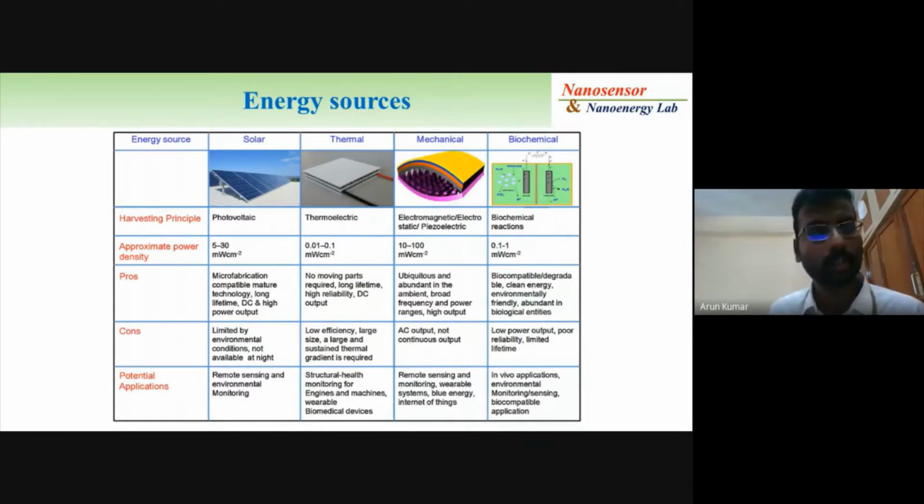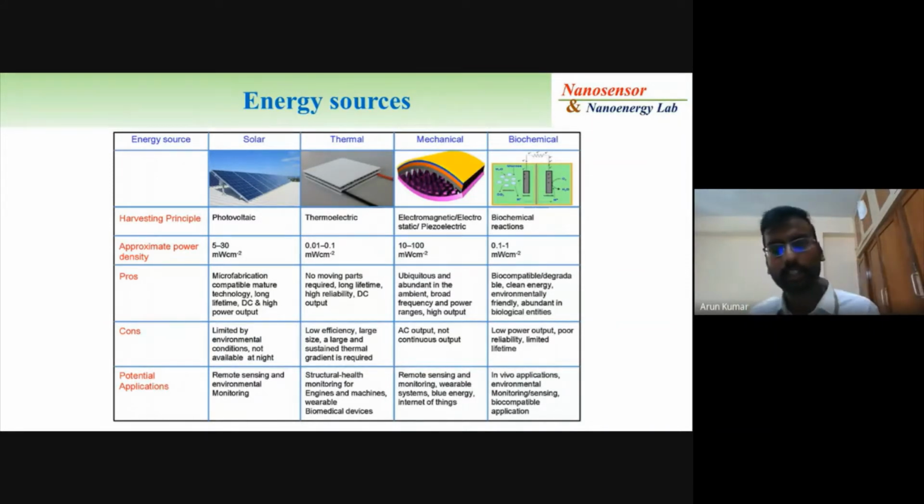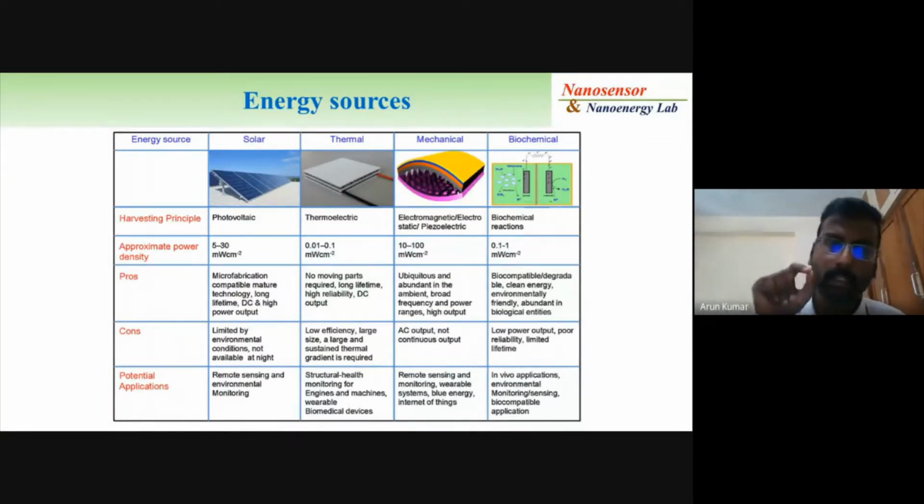Compared to a solar cell, where you directly get a continuous DC, here you get an AC. So we need to convert this AC into DC, which again causes some losses. We are trying to overcome that through research on directly developing a DC from the device. That research is also going on.